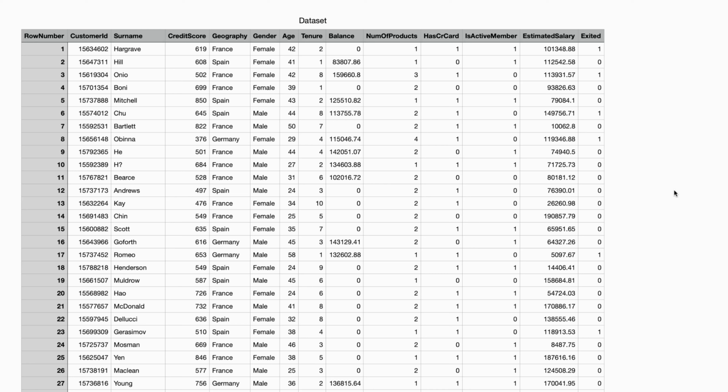Then the last column, exited, is the dependent variable, and it states yes or no, whether the customer stayed in the bank or left the bank. 1 means exited the bank and 0 means stayed in the bank. So what happened in reality is that the bank is monitoring their customers for a certain period of time, and